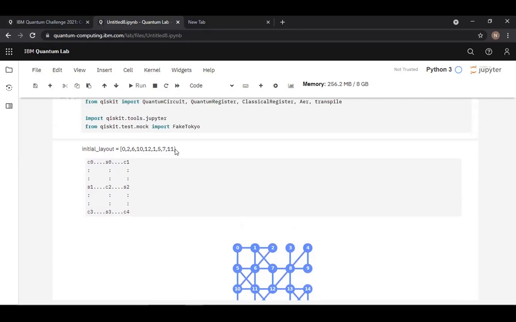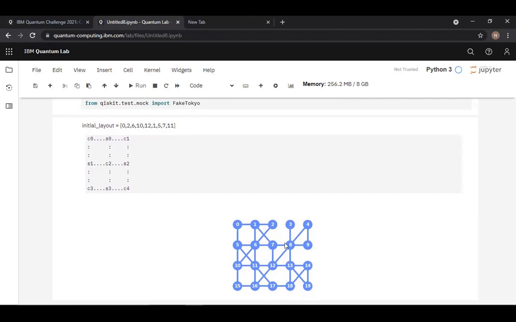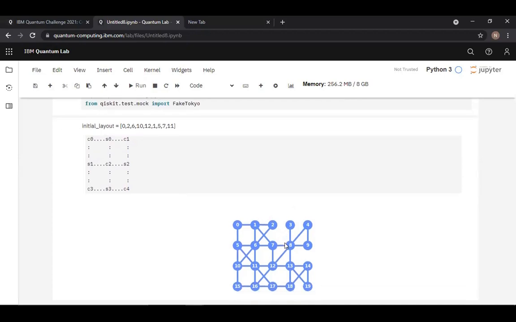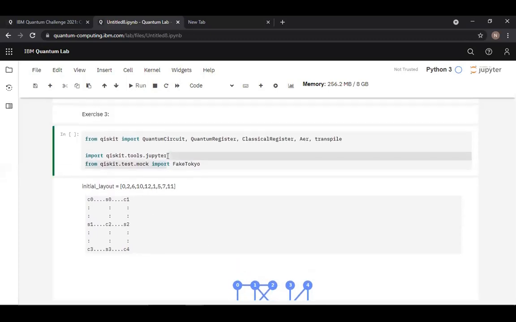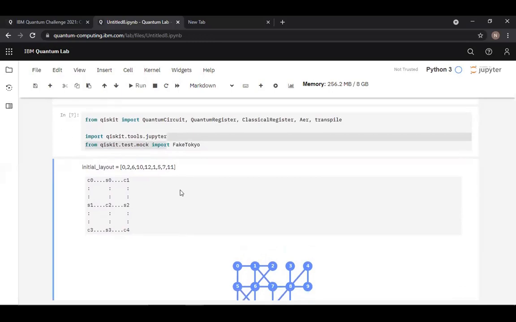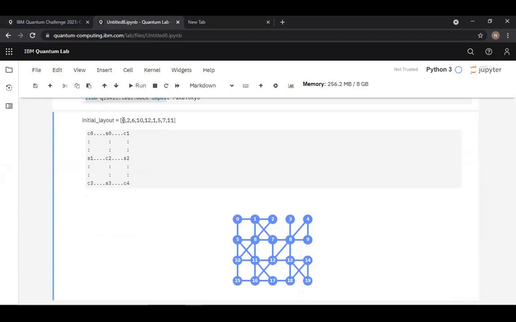They had given it going the simplest way, where you don't need to change the initial layout, and you need not take up any other qubits which are available. Just take what IBM had given and make some small changes so that you have a best fit coming out of it. So we import the particular circuit. The major thing we had to look into was that they had given an initial layout of these qubits, where the first 4 act as the code qubits, and the rest 3 act as the syndrome qubits.